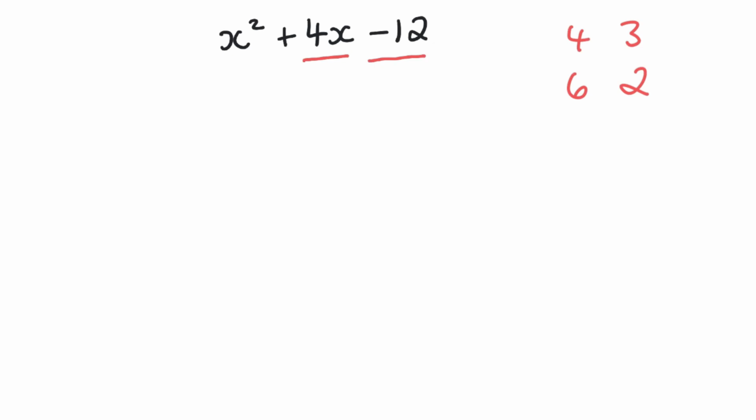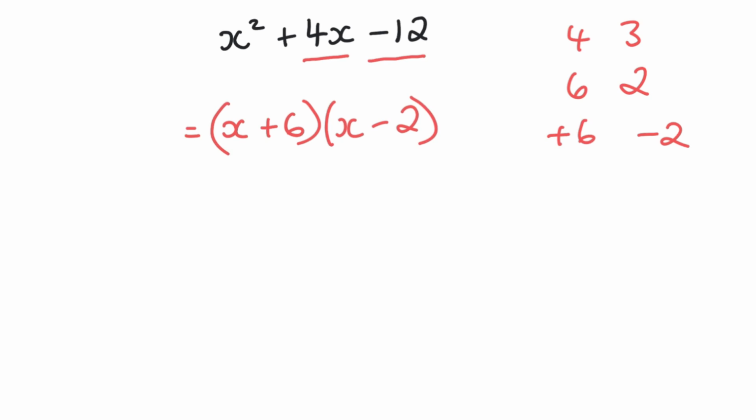So it must be those numbers, but because we've got a minus 12, we know one of those numbers must be minus. So to make a difference of 4, it must be plus 6 and minus 2, because when we add them together they make 4. So we can factorise this equation with x plus 6 in one bracket and x minus 2 in the other bracket. To double check your answer, you can always expand out the brackets again to make sure you've got the